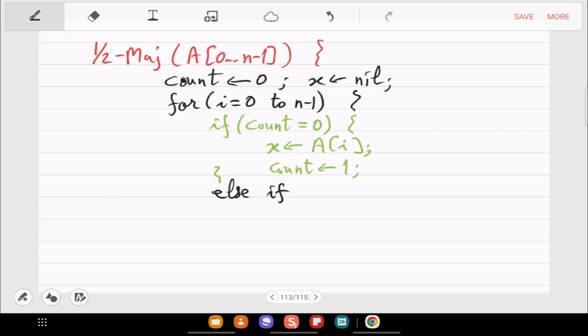And if it is different, then you should decrement. So let me just say count minus, and if x is equal, then count plus.